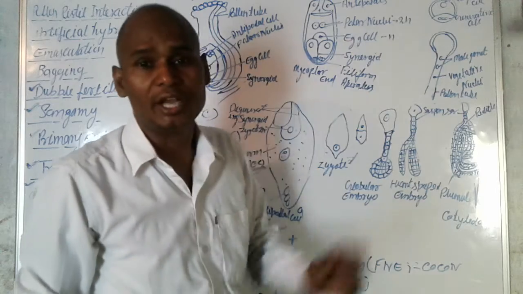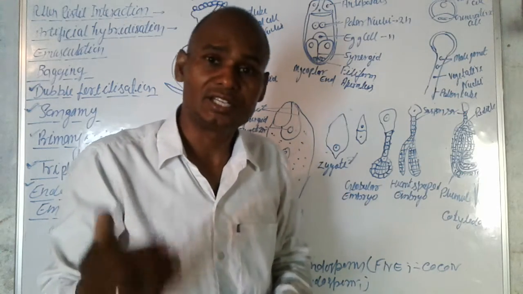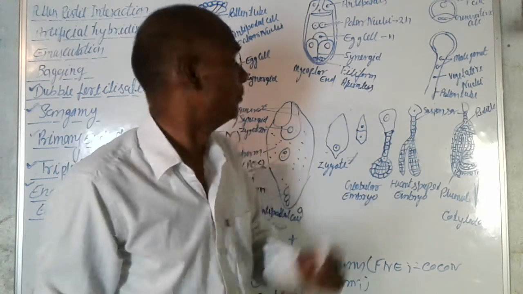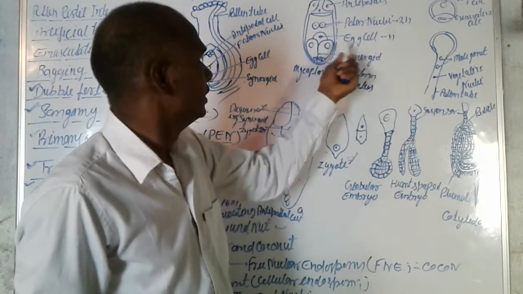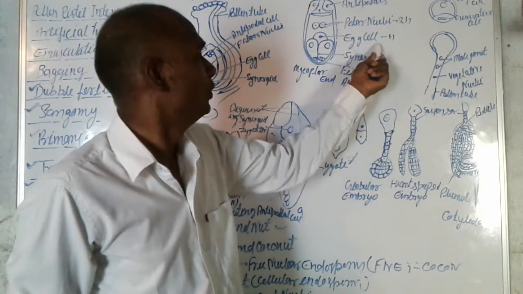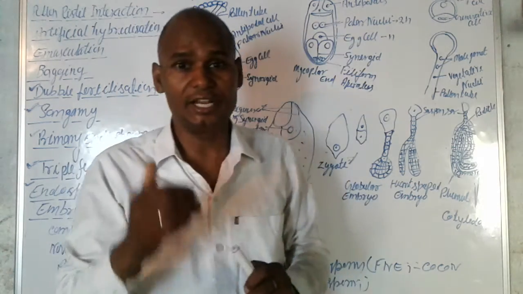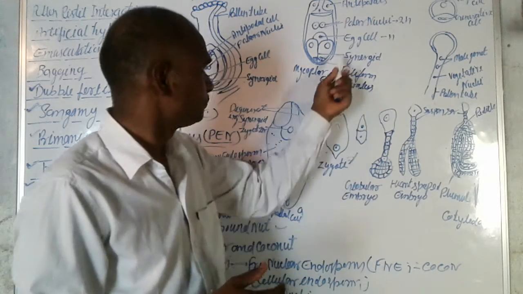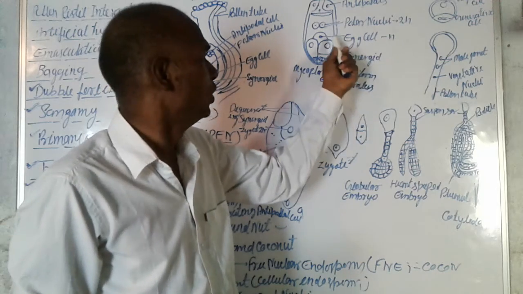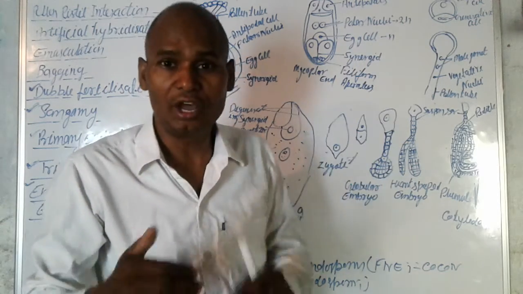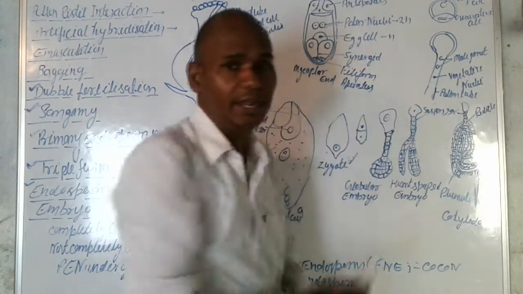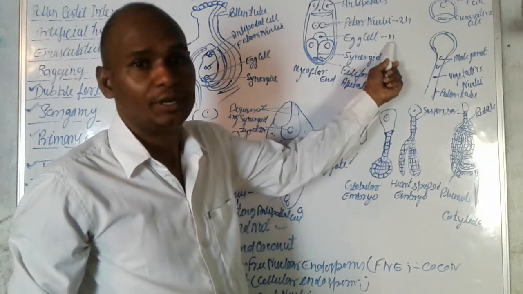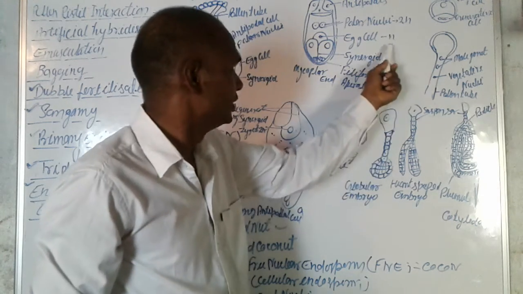The polar nuclei are also involved in fertilization, and they prepare the endosperm. And this is the egg cell. We know about the egg cell. The egg cell is the female gamete of the flowering plant. The egg cell is only a single cell, so this is n. It is also involved in fertilization. We discuss it again in this video.